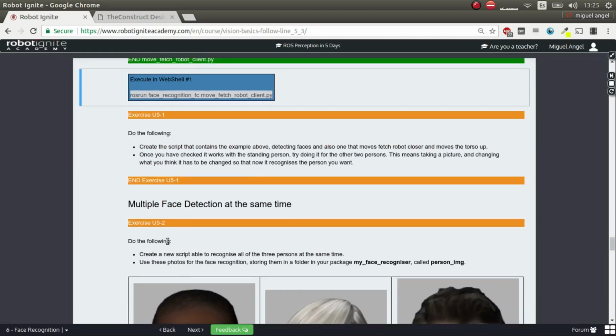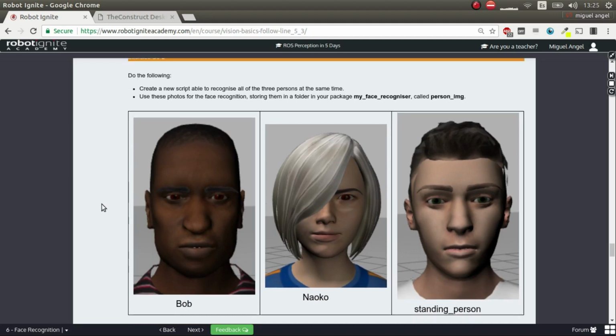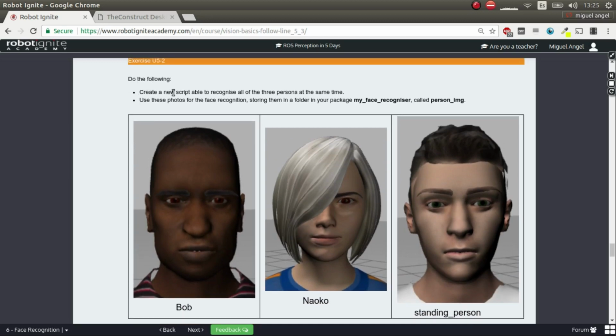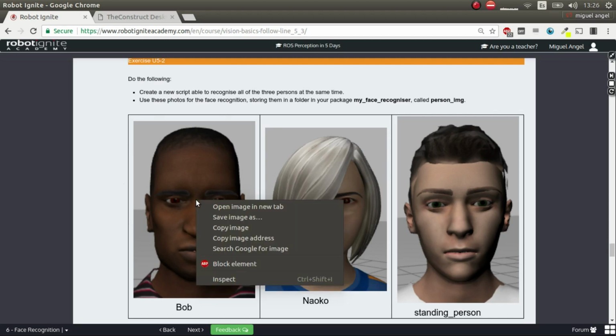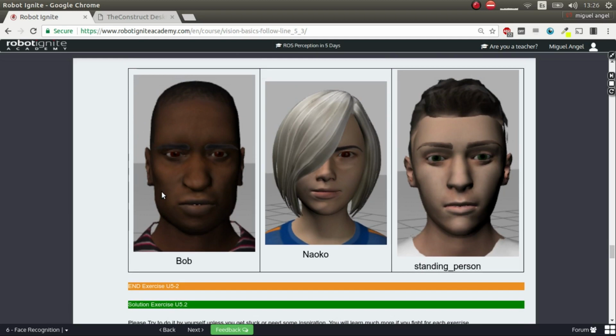Now, multiple face detections at the same time. So the Python script that we did can only detect one face at a time. So now create a new script able to recognize all the three persons at the same time. As I told you, you can retrieve these photographs. You can save them from here or retrieve them from the system as you wish. Or you can do your own pictures, of course. Okay? So I leave you, pause the video, and when you're done or you get stuck,